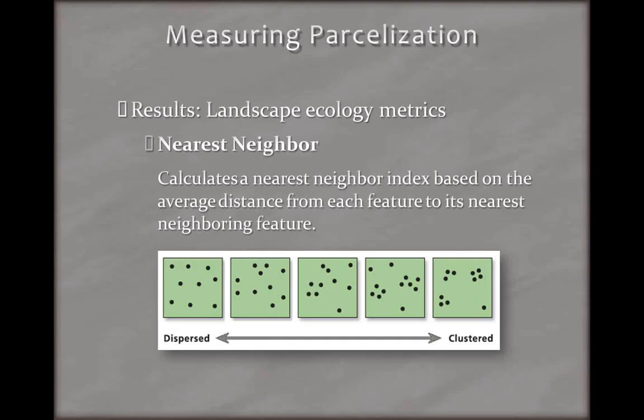What we did with our first objective was to apply a landscape ecology metric that seemed to make sense and that people could understand. The one we chose was the nearest neighbor metric. The nearest neighbor metric essentially calculates an index based on the average distance between new features and their nearest feature. And so with our temporal parcel data, we essentially extracted the new parcels at each time period and calculated a nearest neighbor index on that. What you're trying to do is assess, is this pattern more dispersed or clustered over time? Are parcel patterns more clustered or dispersed, similar to the graphic there below?